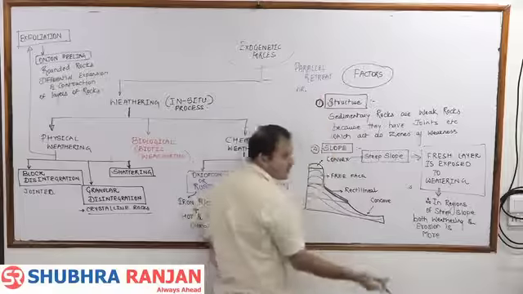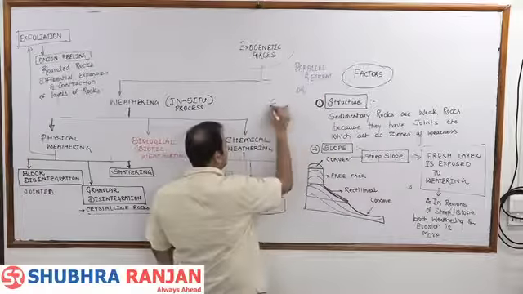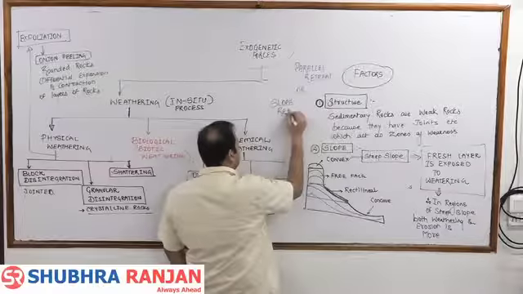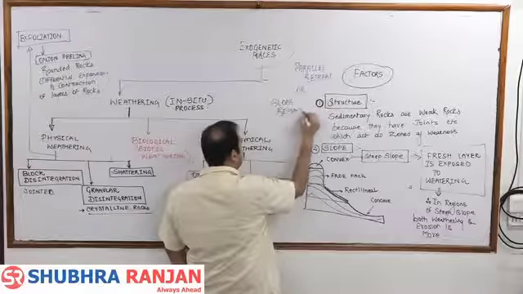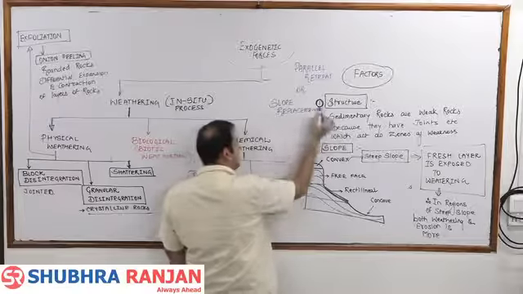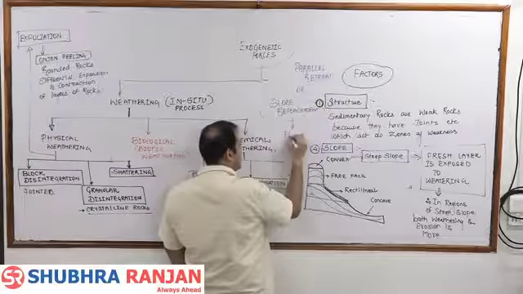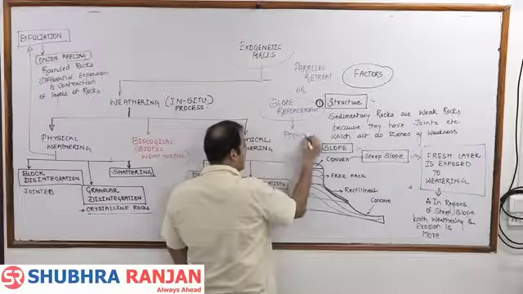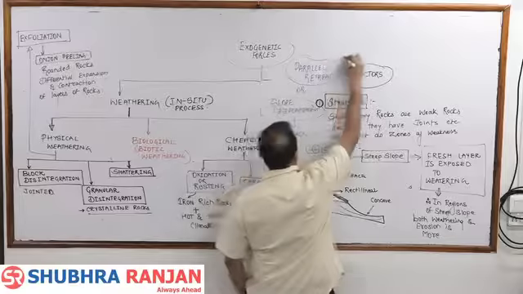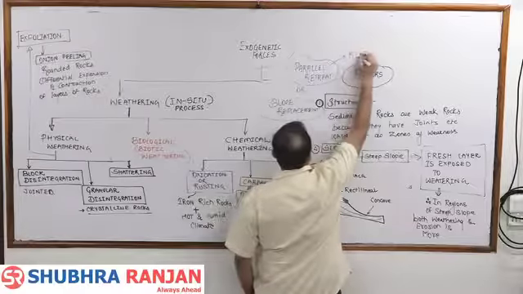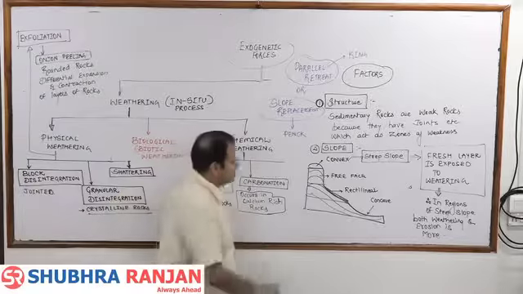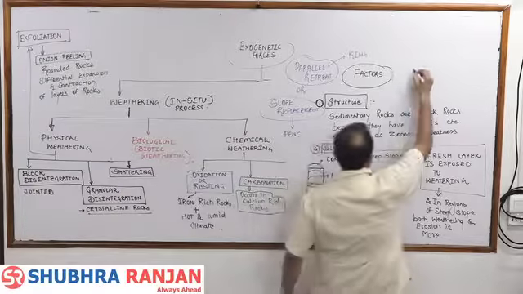And someone says, if it is a person known as Penck, he says slope replacement. If it is a person known as King, he says parallel retreat. And if it is a person known as Davis, he says